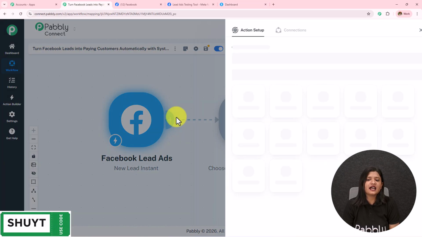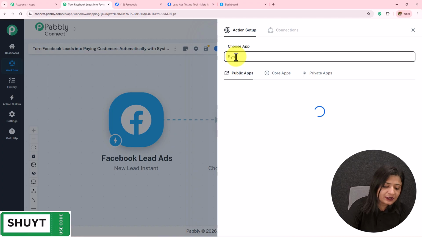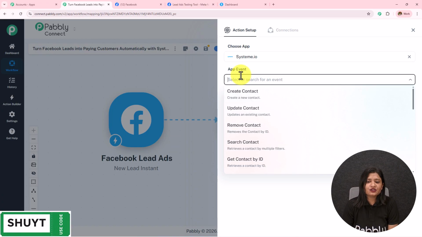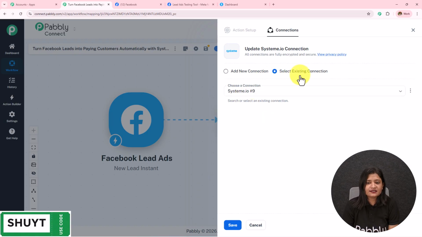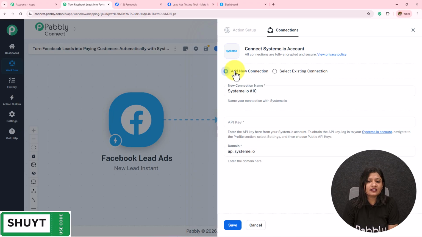I'm going to click on this add new action step, and in my action application, I'm going to search for system.io. In my action event, I'm going to select create contact and then click on connect. If you have an existing connection, go with save. If you don't have one, click on this add new connection, and now to make this connection, I have to